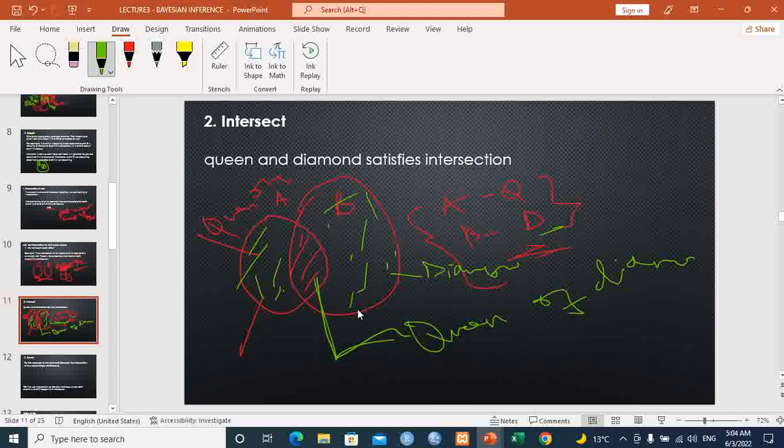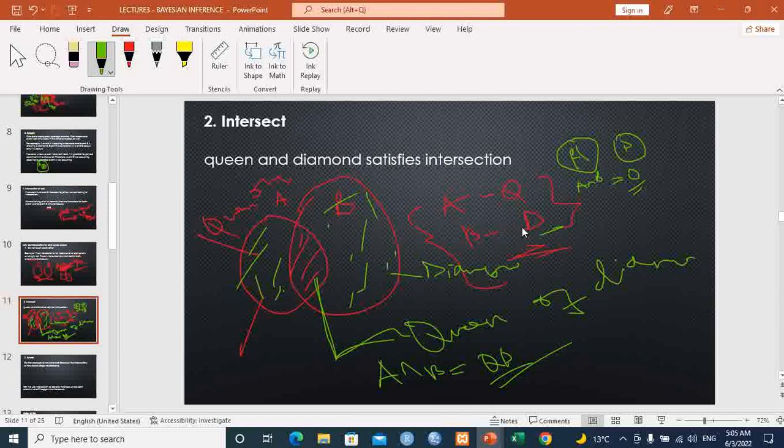So this is when we have intersection: A intersection B will be equal to the queen of diamond. In our previous case, when they do not touch each other, where we have heart and we have diamond, we said they can't happen together, and A intersection B is a null set. Here we are saying it is the queen of diamond. What if we have